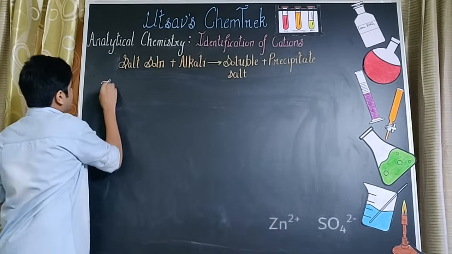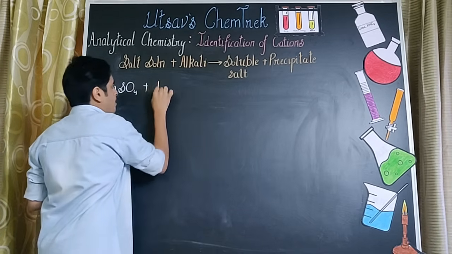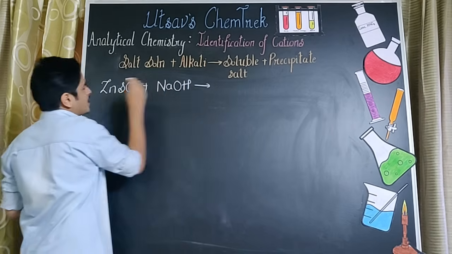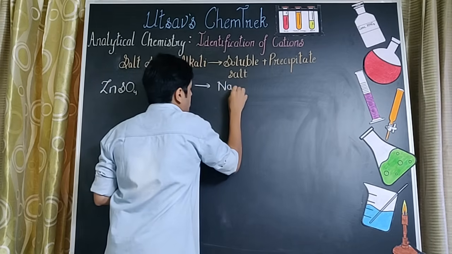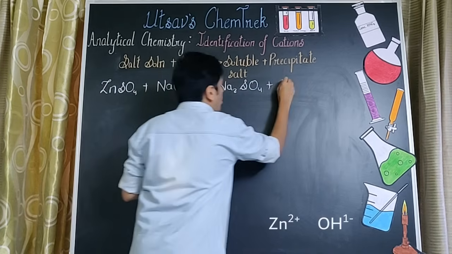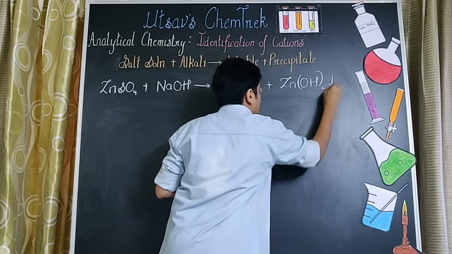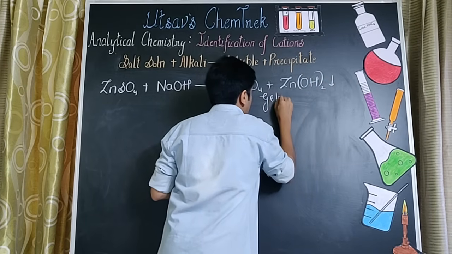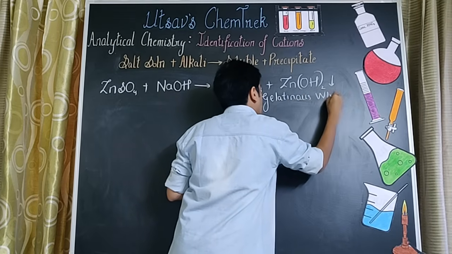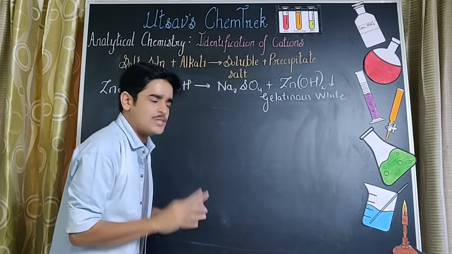We start with zinc sulfate, which is given by the formula ZnSO4. I put sodium hydroxide. First, we are going to add it drop by drop. Na goes with SO4, gives me a soluble salt, Na2SO4, and Zn(OH) the whole twice. Color बड़ा specific है, याद रखेंगे. It is supposed to be gelatinous white in color. And the good thing here is this particular precipitate is going to dissolve, मतलब solubilize होने वाला है.